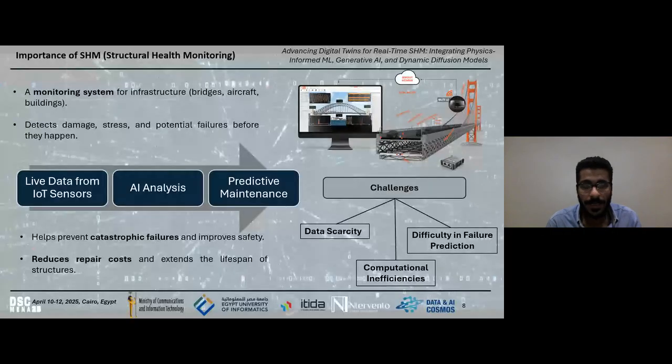Okay, so why is it important for structural health monitoring, or why is it important for us as civil engineers? As I said, traditional monitoring can't predict the behavior, can't predict the what-if scenarios, or the next possible scenario based on the current behavior. So that's why we're trying to think about something smart.